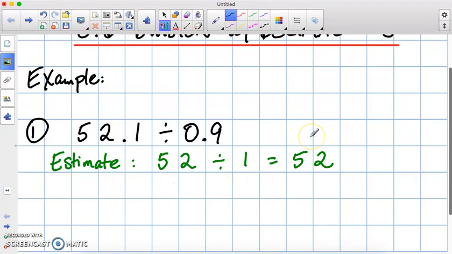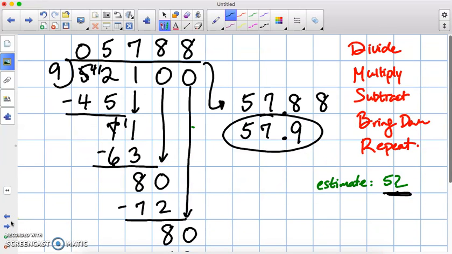So we got 52 as our estimate. Okay, and then what we did was we forgot the decimal already, so we divided as normal as we would with whole numbers. Now, in this case, remember that you had to add in the 2 zeros here because we had to go 2 more digits